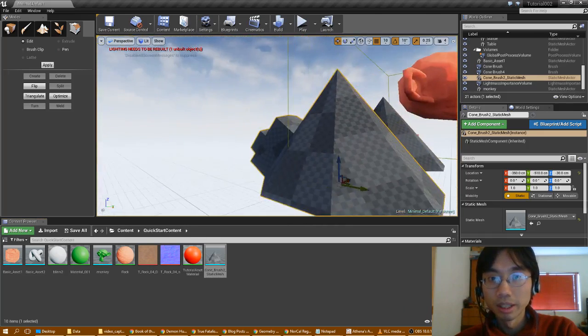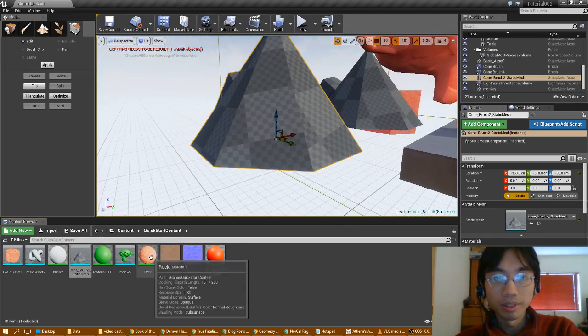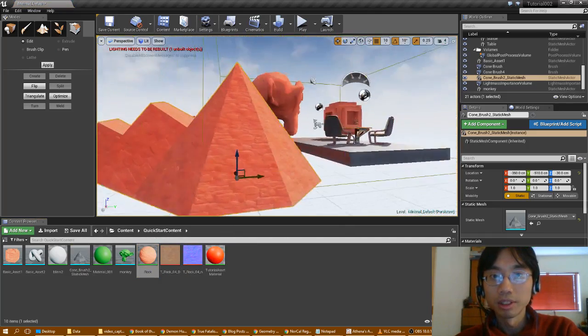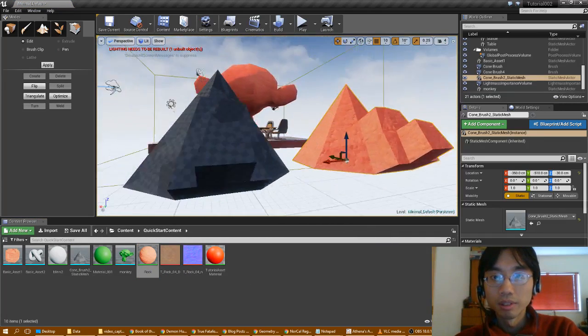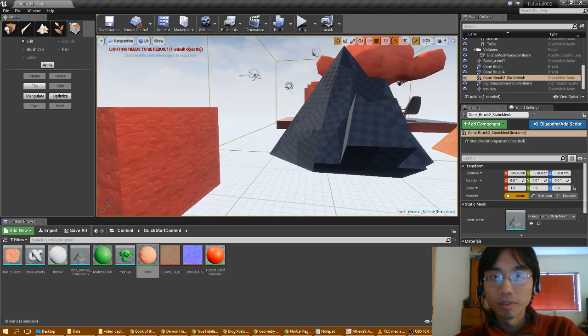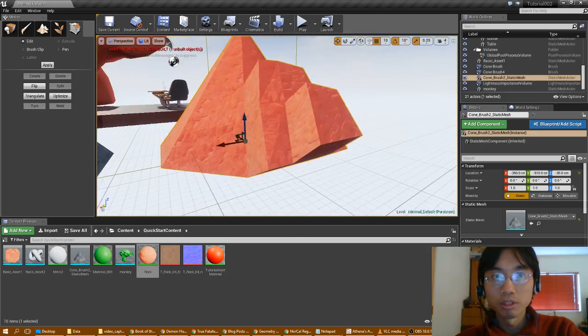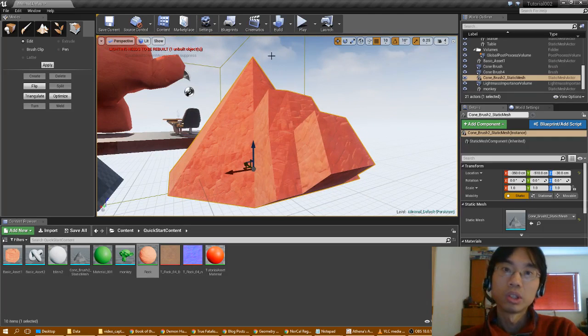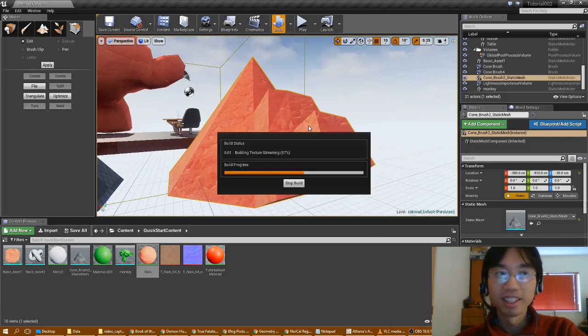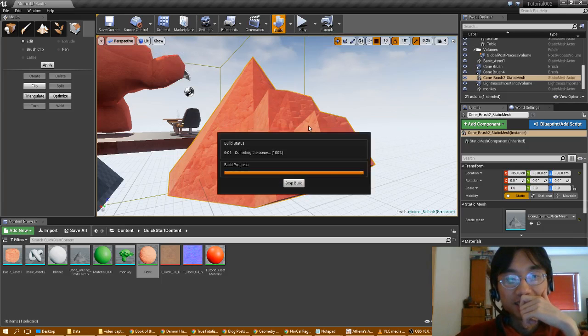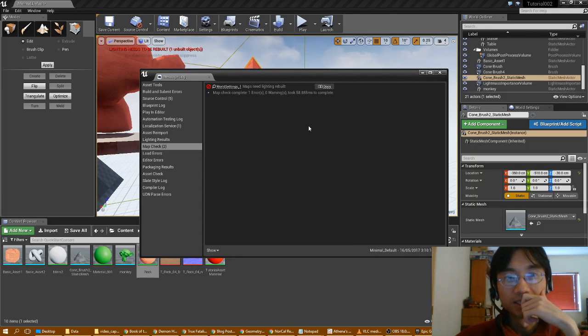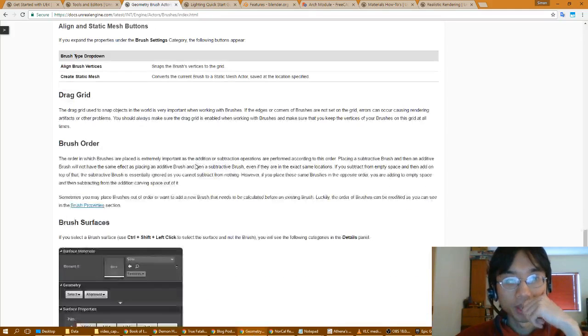All right. So now we have this thing. Imagine if we put a texture on it. Now, imagine if we build. Right. And we'll see if this is a disaster or not. I mean, so far, it seems kind of okay. While that's building,